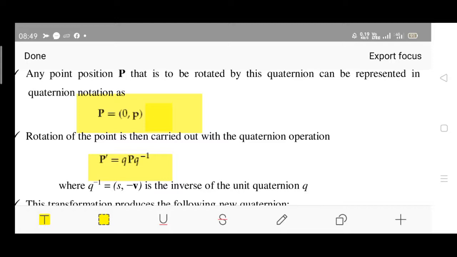So the inverse value of the unit quaternion is marked how? For the vector part you have to use the negative or minus prefix. So Q inverse, or the inverse quaternion, equals the pair of values: scalar S in association with the negative value, that is minus of vector V. Okay.